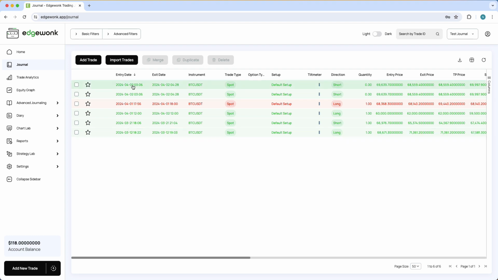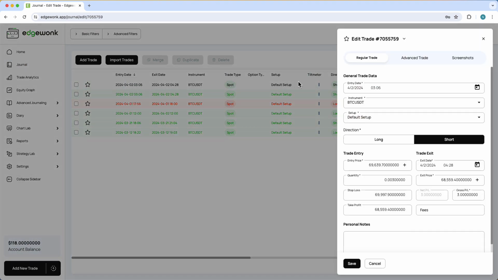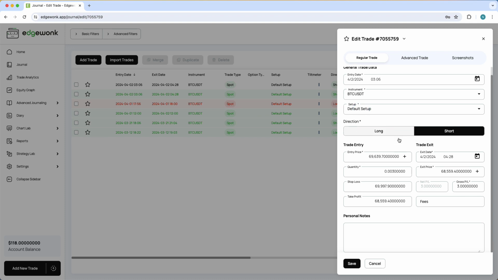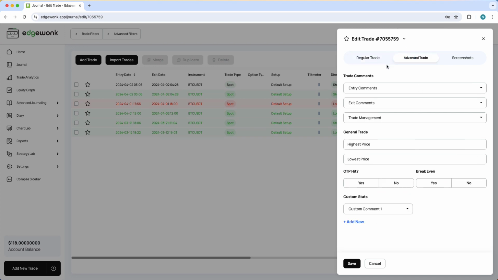So what you can do is you can tap on a trade, for example, and you can give it a name. You can change the entry date, instrument, setup. You can create setups yourself, for example, support and resistance setup, etc. You can change the direction, entry price, exit date, quantity, exit price, stop loss, gross P&L, take profit. You can add fees. Then you can add personal notes, or you can go to advanced trade, and this is